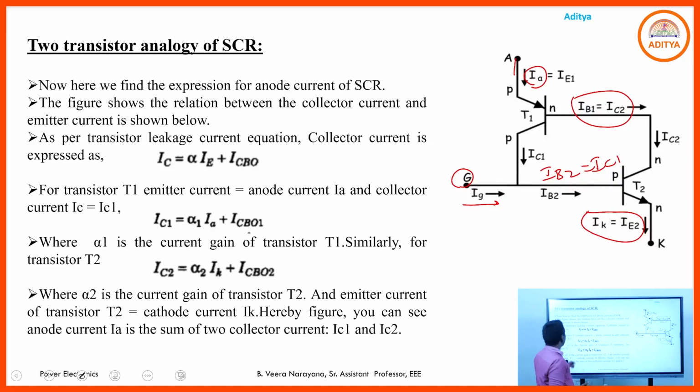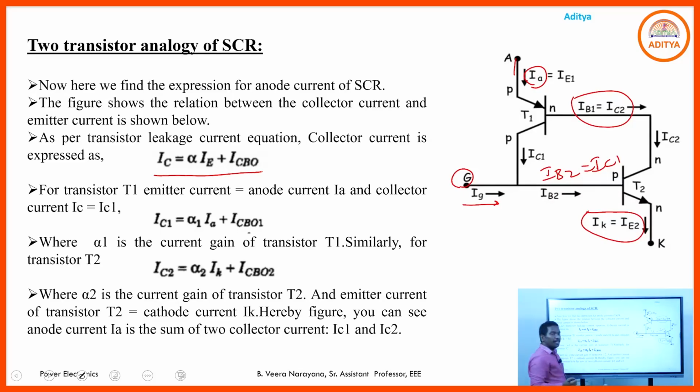So coming to this, now we will find the expression for the anode current by using this two transistor analogy. Depending upon that anode current, how you bring the SCR from its forward blocking state to forward conducting state will be discussed. So we know as per the transistor leakage current equation, the collector current is simply given by